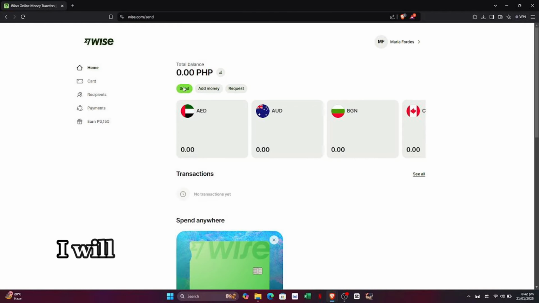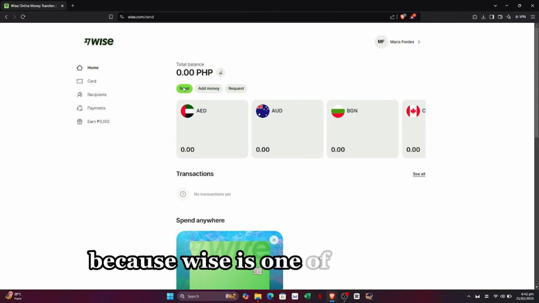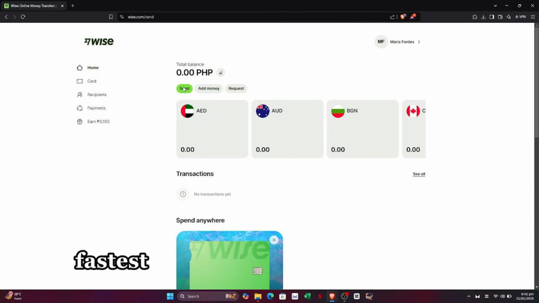In this video, I will show you how to transfer money from Philippines to Malaysia bank account. So to do this, I recommend you use Wise because Wise is one of the easiest, fastest, and cheapest ways